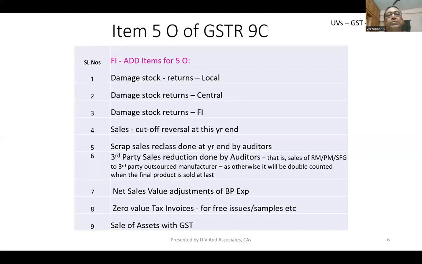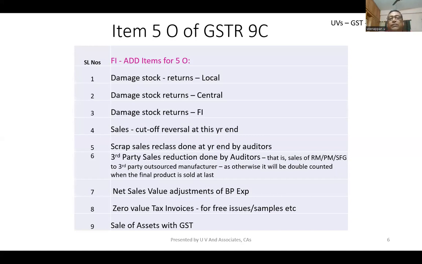Here, among the items that are normally added, FI items added, the first item is damaged stock returns local, it is intrastate returns, and damaged stock returns central, it is interstate sales returns, and damaged stock returns FI. We mean